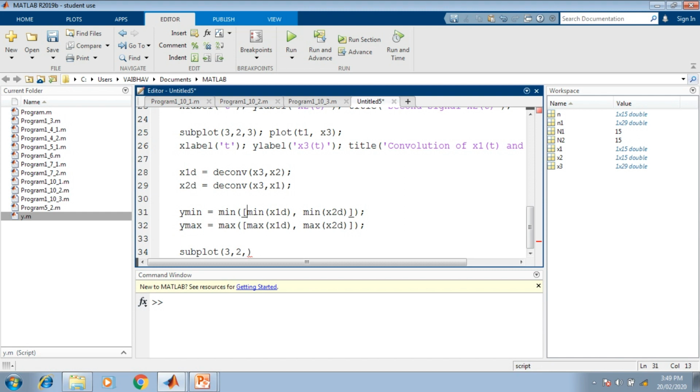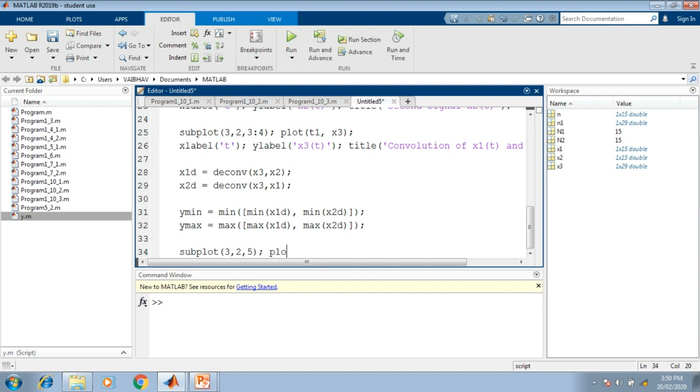That is why for the display of the convolution result we go for 3, 2, 3 to 4. 3 and 4, both of these cells have been taken for display of convolved result, and the left 2 cells are 5th and 6th here. So in the 5th cell we are going to display the deconvolved version of the original signal here. So subplot 3, 2, 5.